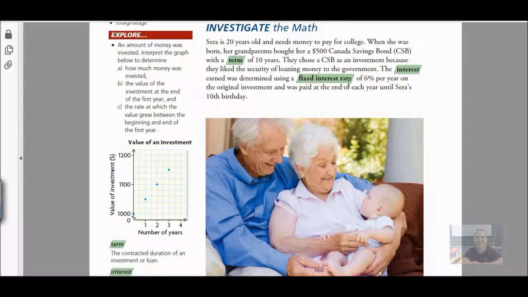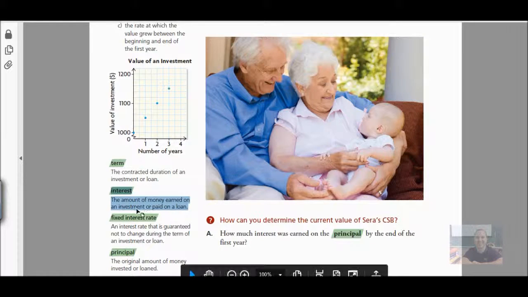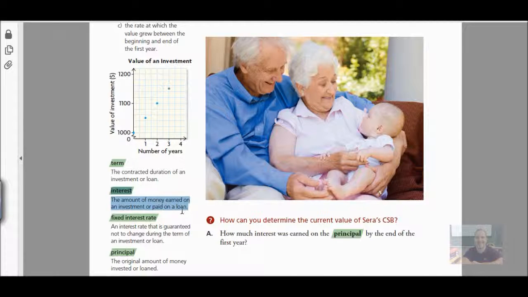We talked a little bit about what our understanding of interest was, and the official definition of interest down here says it's the amount of money earned on an investment or paid on a loan. So you might want to say it's the extra money that's given when you borrow money. So it's the extra that you pay back for thanking them for giving you their money. Or it's the extra money that the bank will give you